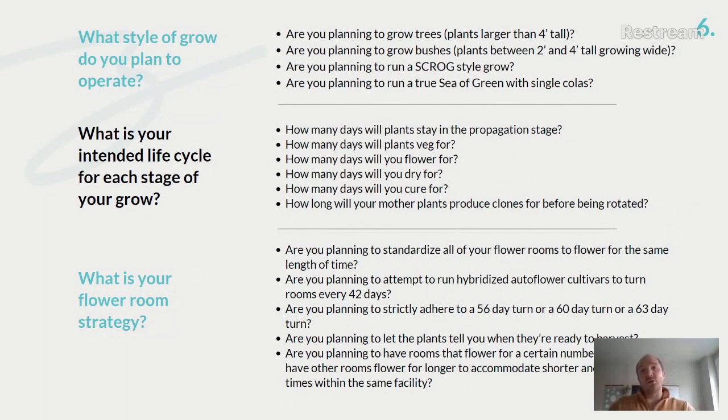The reason that you might do that is so that you could have a greater genetic variability in your entire facility. For example, you want to be able to grow really rare exotic sativa strains that flower for 90 days. You also want to grow some really indica dominant strains that flower in 55 days. You can have a greater product variability if you do that.